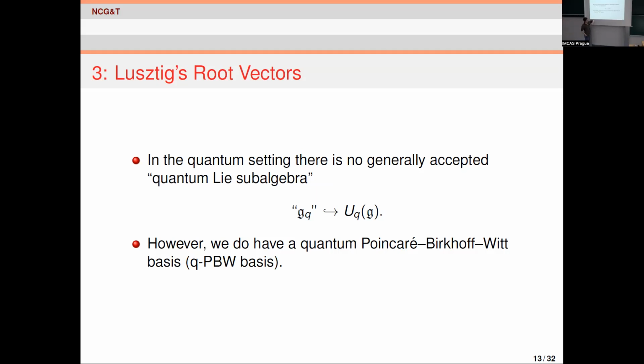What they found when they were quantizing these things is they found the q-deformation of the universal enveloping algebra, not of the Lie algebra. And it's something that's still not understood all these years later, what the quantum Lie algebra inside there should be. However, what we do have is an analog, a quantum analog of the,